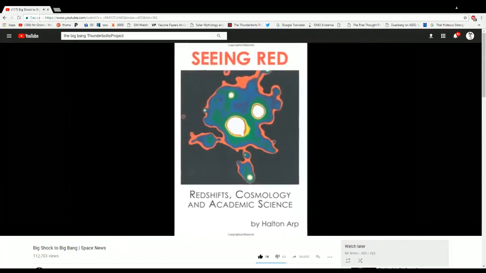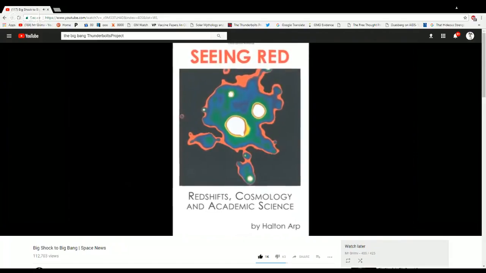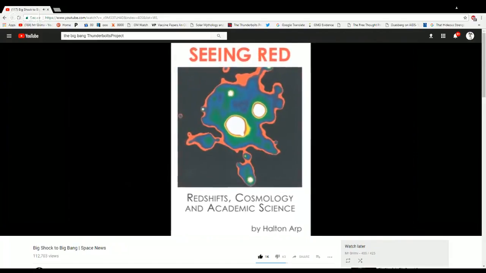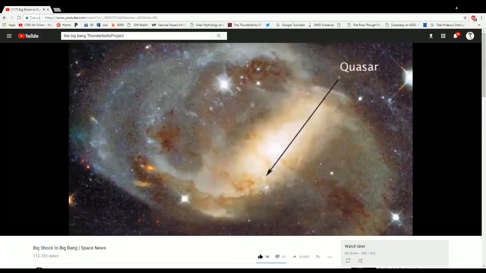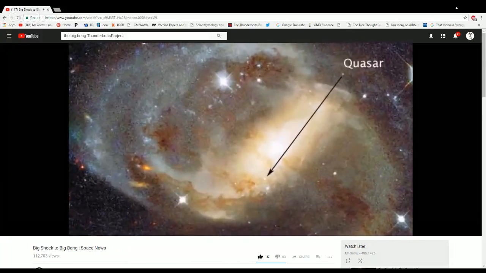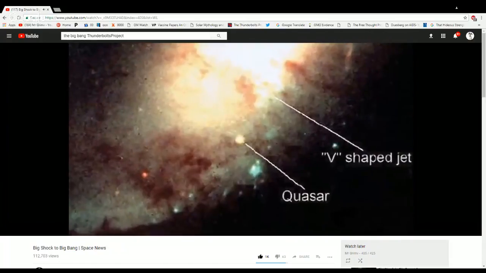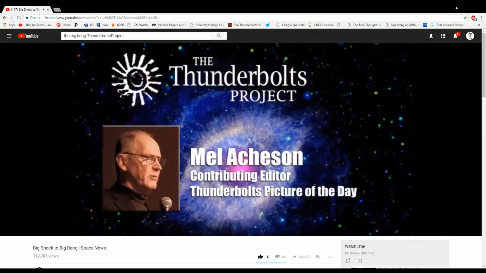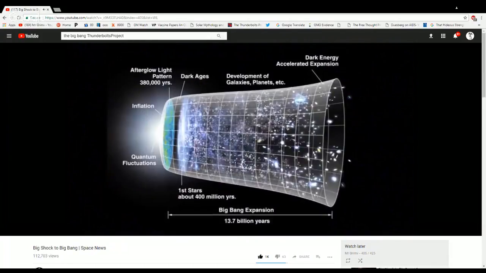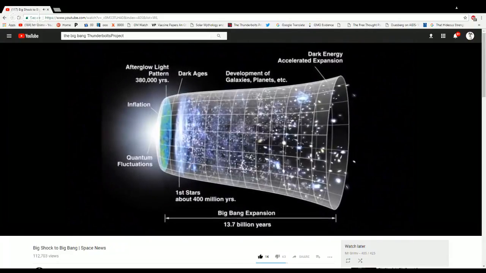Paul Nart, who noticed that these high redshift quasars had a statistical and oftentimes a physical association with nearby active galaxies. Standard astronomers have ignored this evidence, and they've backed themselves into not just a corner, but a very long dead end. If redshift is not primarily a measure of distance, then the expanding universe and the Big Bang cosmology